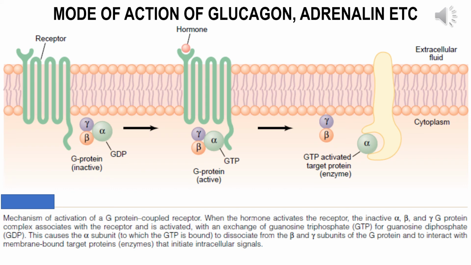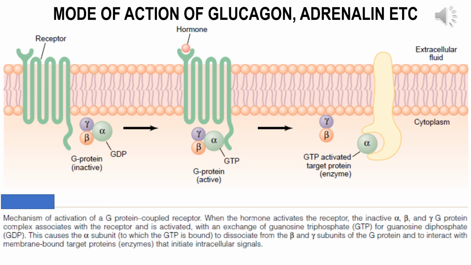Glucagon and adrenaline are two hormones which are responsible for increasing the rate of glycogenolysis. How do they function? These hormones have their receptor located on the plasma membrane of the cell. This receptor has three regions or three domains. The outer domain is projecting from the plasma membrane into the extracellular fluid. It is meant for the binding of the hormone. Then there is a domain that is passing through the plasma membrane, and the third domain is projecting into the cytoplasm.